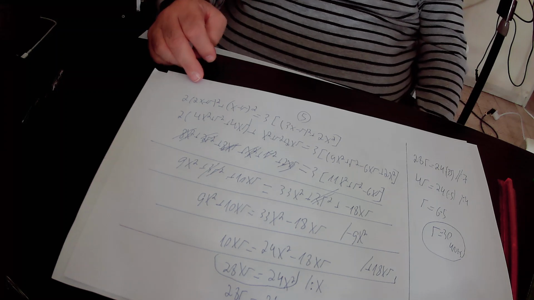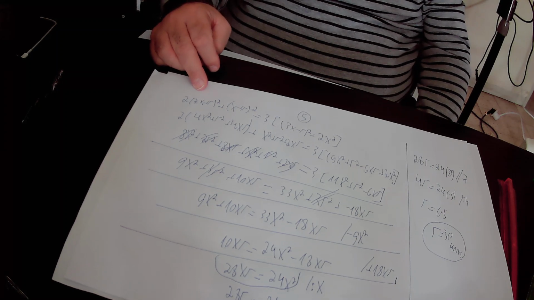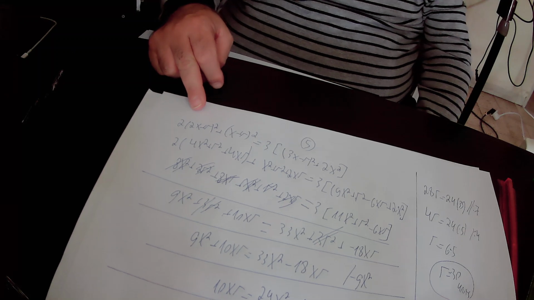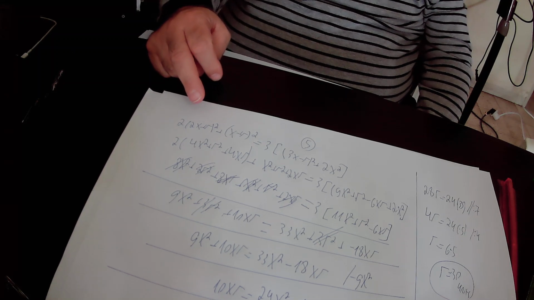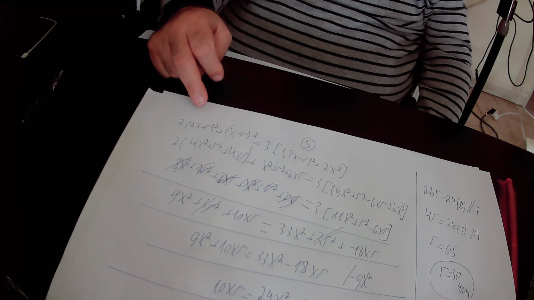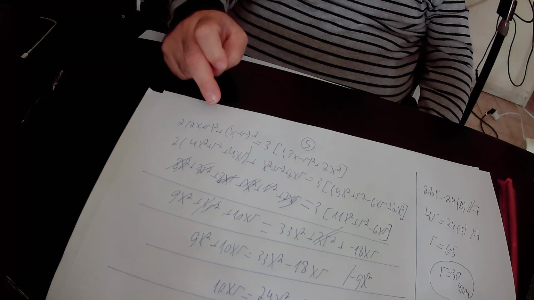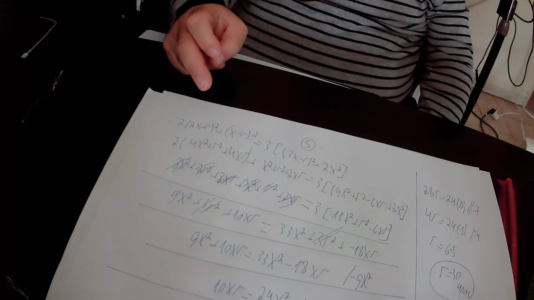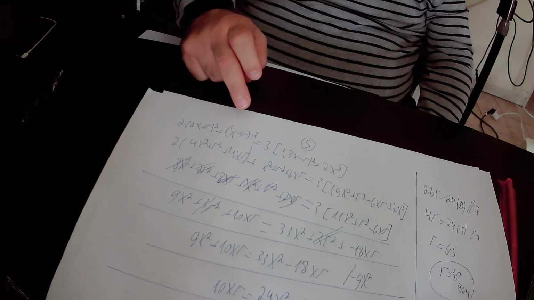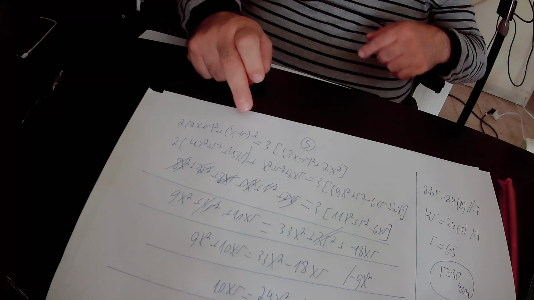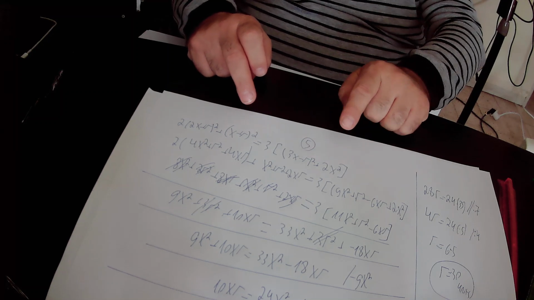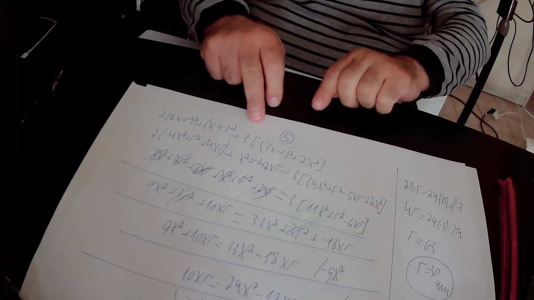Here we open the brackets, so 2 times, inside the brackets we have (2x plus r) squared is 2x squared, that is 4x squared, plus r squared, plus 2 times 2xr is 4xr, plus (x plus r) squared is x squared plus r squared plus 2xr, and it is equal to, we have